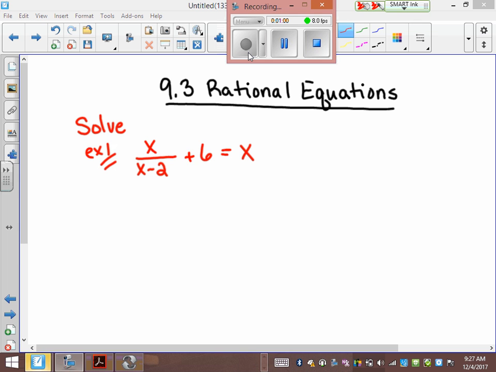If they asked you how you could solve this in your calculator, we could do y1 and y2 right now, and what would we look for then? The x of the intersecting point. Okay, what if I moved the x over and set it equal to 0? Then I did y1, y2. Then you'd be looking for the x-intercepts. If it's equal to 0, or if it's y equals, you're looking for the x-intercepts. If it's set up like this, y1, y2, then you'd be looking for the x value of the intersecting point,